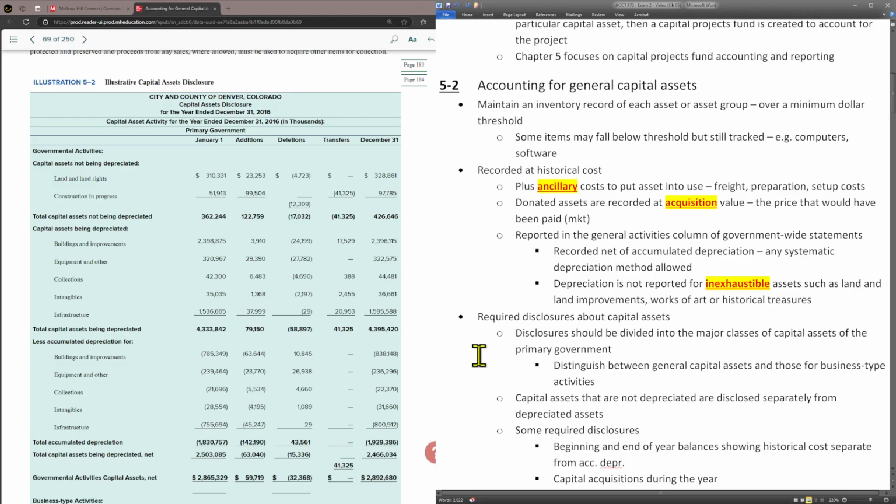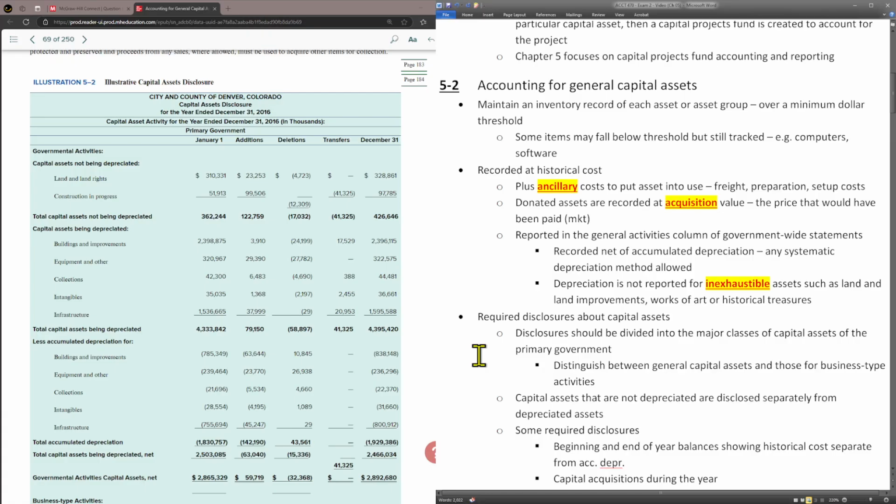Governments have to keep an inventory of all their assets. Typically, they set a threshold. They say over a certain dollar amount, it's considered a capital asset, and they'll keep track of it. And there will be a couple of things under that threshold that they also keep track of, and typically those are like computers and software or some other important things. Just as in